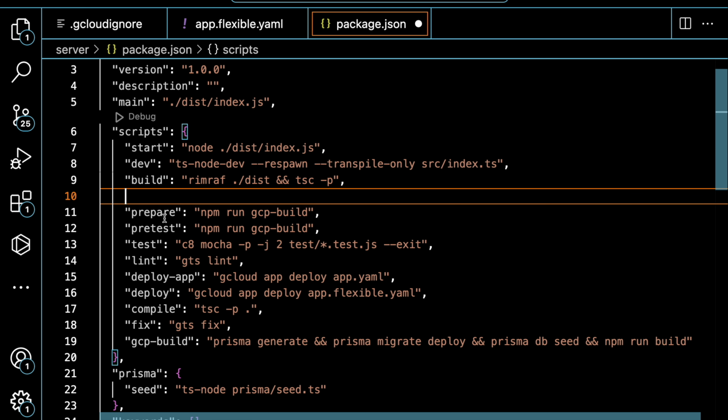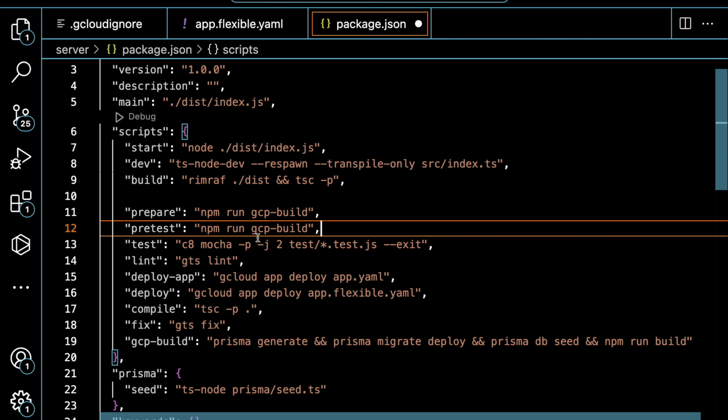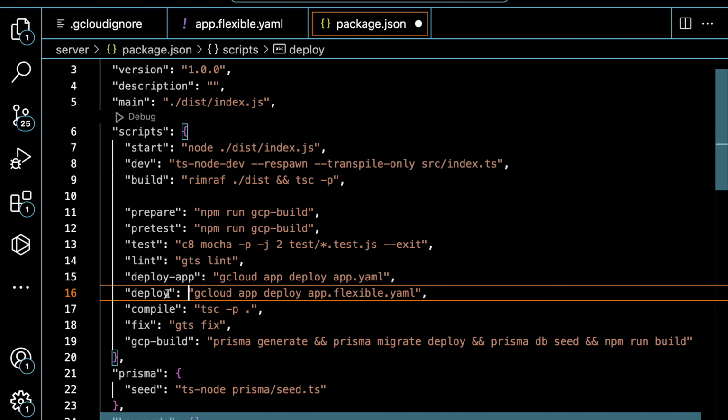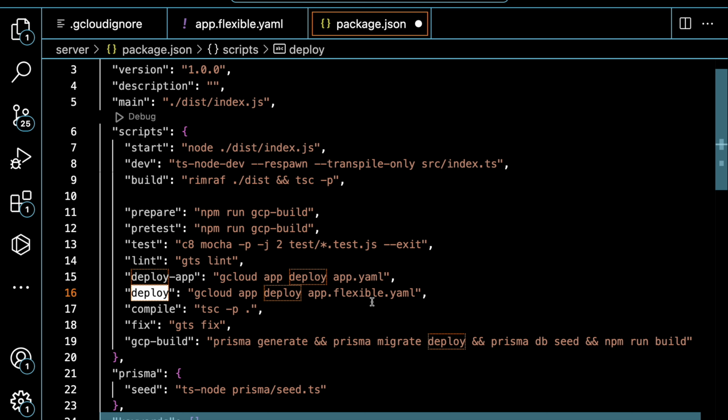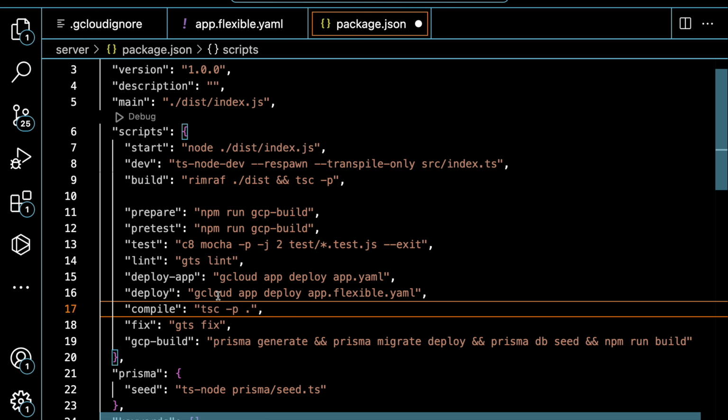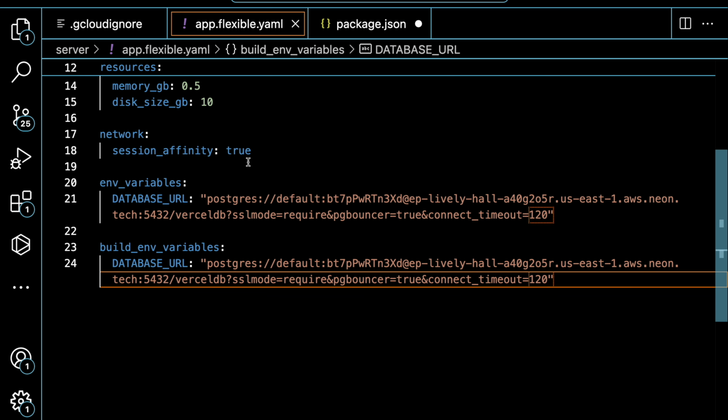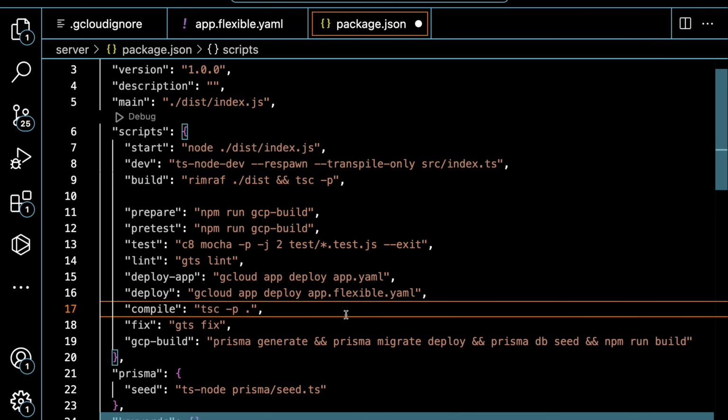If you start from here, I have prepare, npm run gcp-build, I have pretest, I have lint, I have deploy app. These are custom commands that I've added, and I've also added this deploy command, referencing our app.flexible file. So you can see when I call gcloud app deploy app.flexible.yaml, I want it to read all the information within this file and deploy my app to